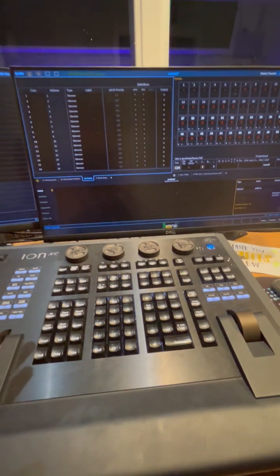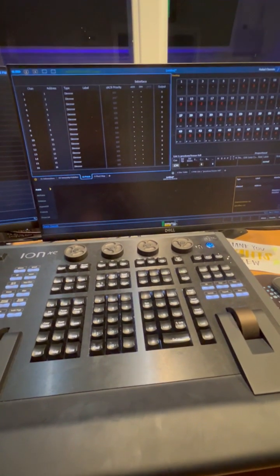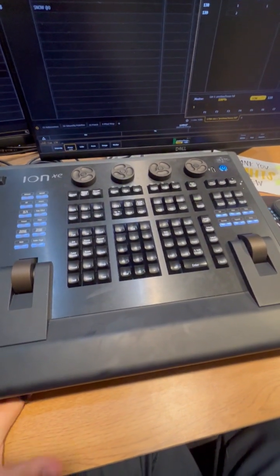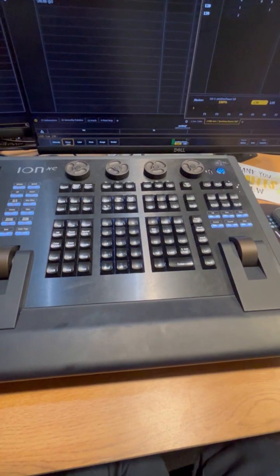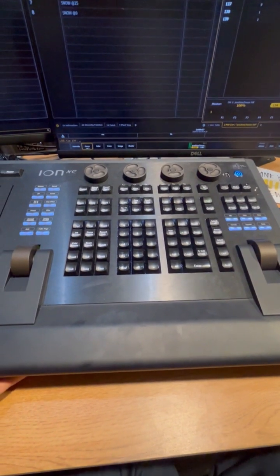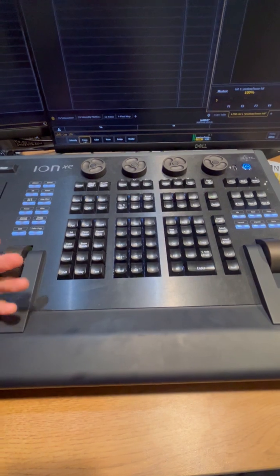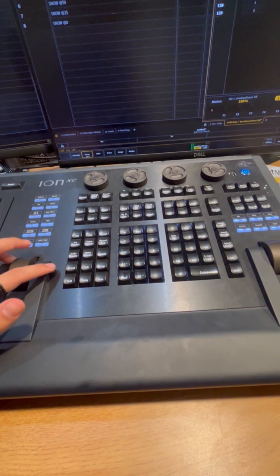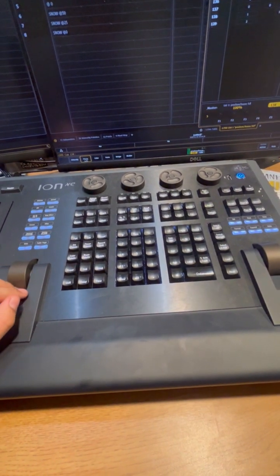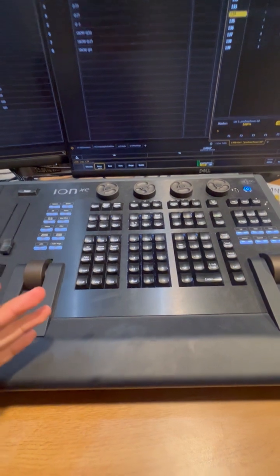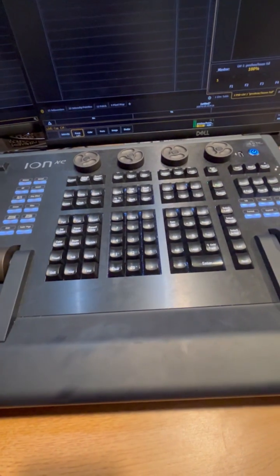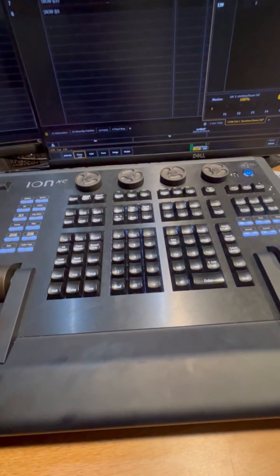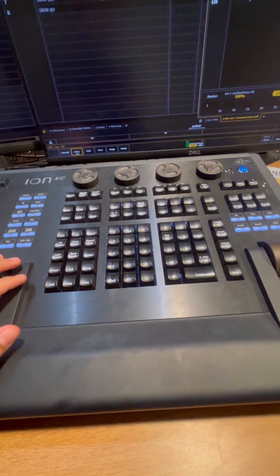But I use a lot more things on this board. I'll be showing you some of the basic functions that you can find here on the ETC. Not as in depth as the Hog, because if I'm being honest, they're used for different things. The Hog is really more for, I want to say, concert lighting, not used very often in theater lighting, which this one is made for. So they have very different types of purposes, and therefore they just are played differently. Anyway,